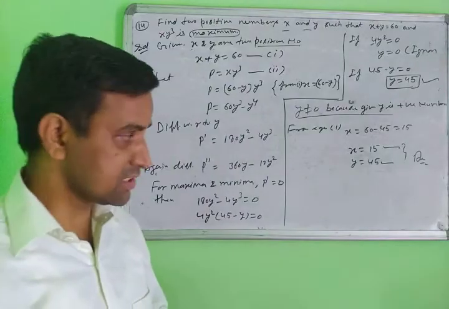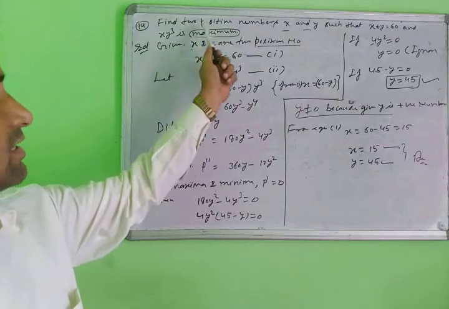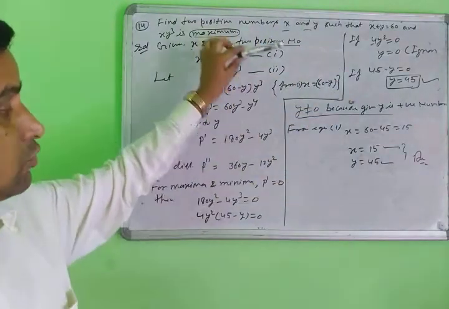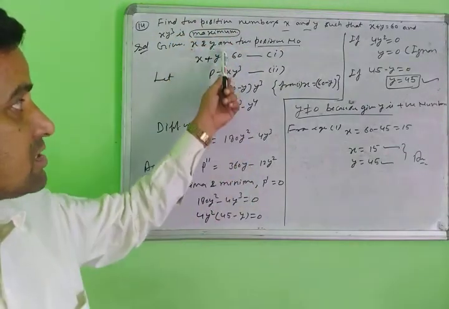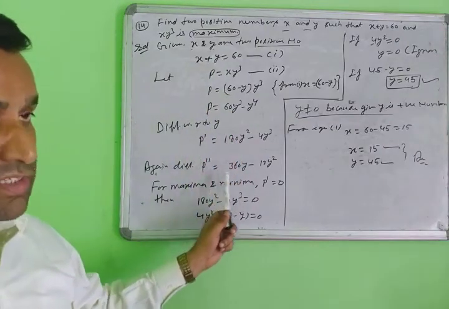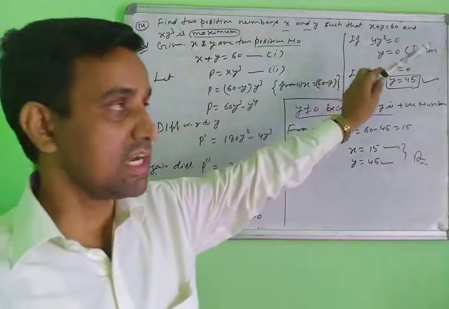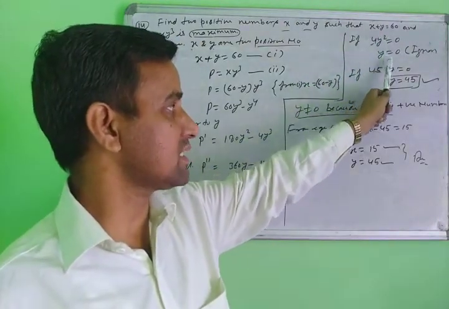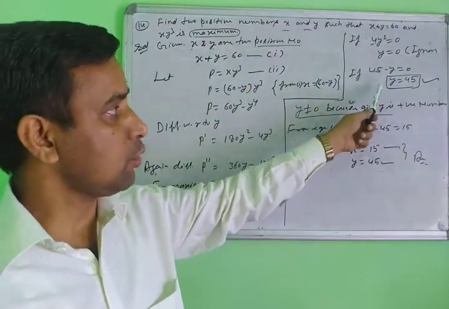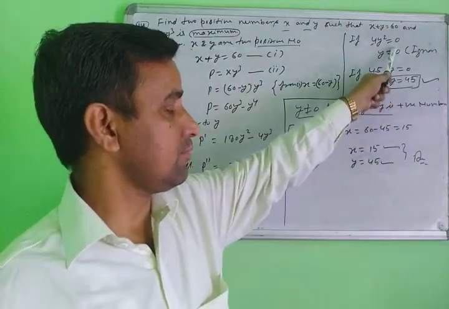This is a very simple question. There are many questions of this type. They may ask you to find the maximum number or the minimum number, with different conditions, but you will always solve in this way. Two equations are given, you convert them into a single equation, then differentiate, again differentiate for the second order, then for maxima and minima put the value of any variable, x, y, z, then find the value of x and check which value satisfies the given condition, then you write it. Otherwise, if both values are satisfied, then find the value of x for both values of y.